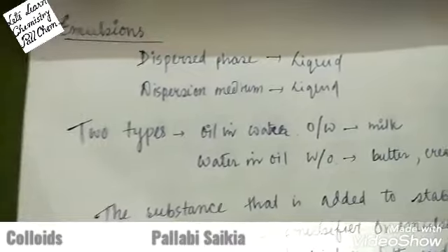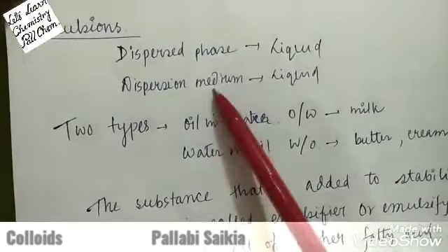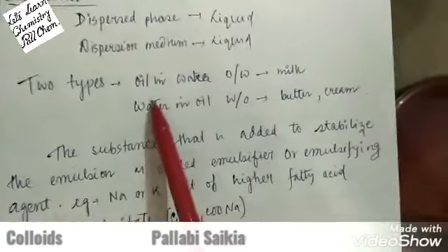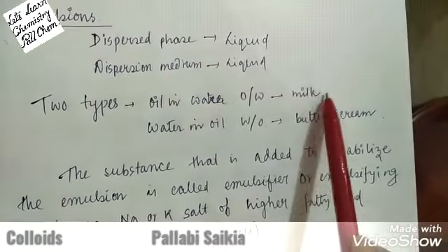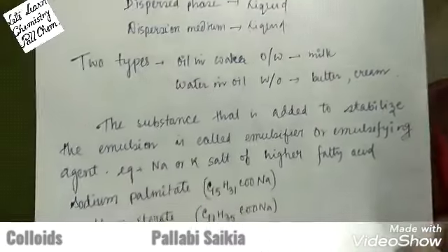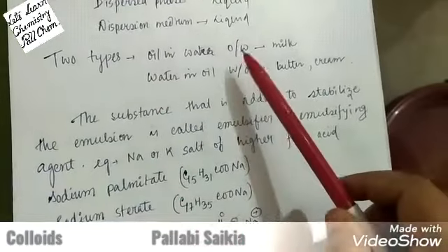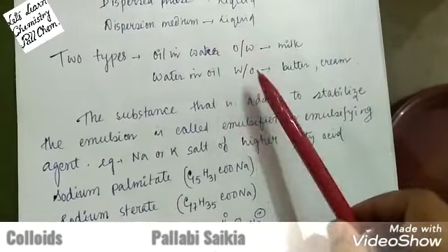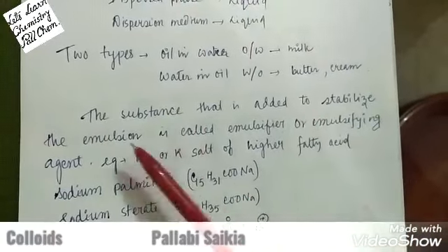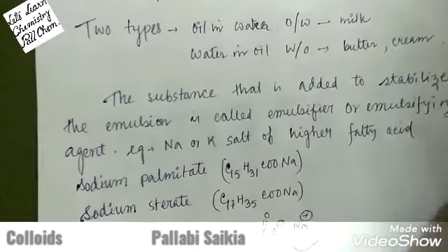Next is emulsion. An emulsion is also a colloidal mixture where the dispersed phase and the dispersion medium are both liquid. There are two types of emulsion. One is oil in water, the example is milk, and the other is water in oil, the example is butter or cream. Oil in water or water in oil is not stable by itself,